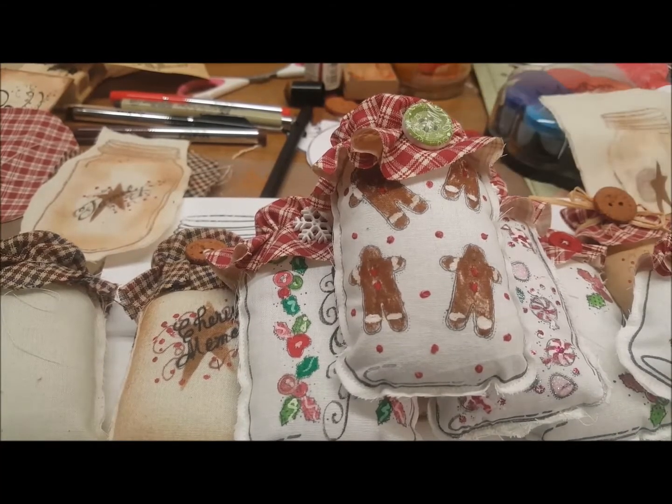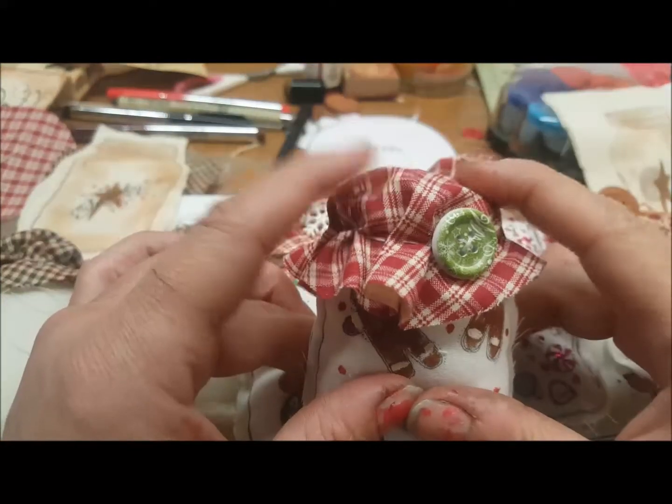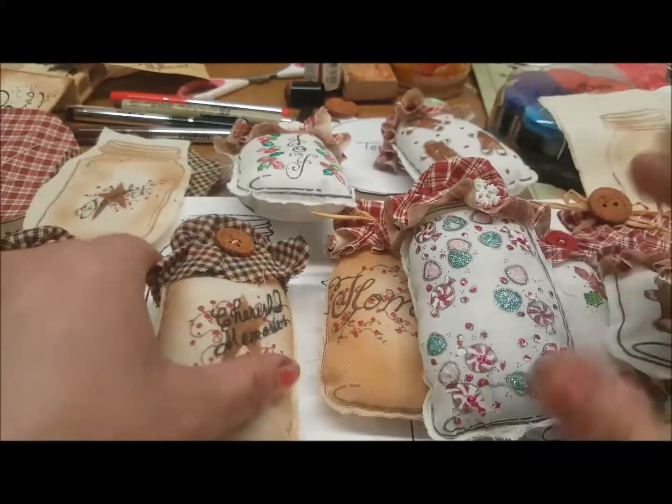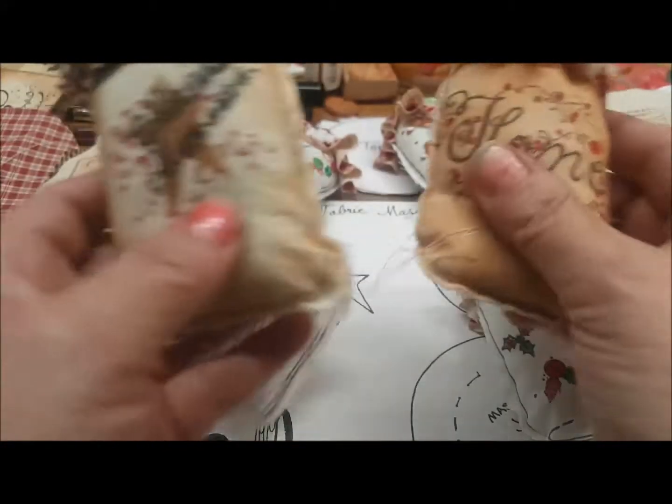My name is Angie, and recently I uploaded my very first YouTube video, a collection of all the crafts I have done through the years, and I had a request from Lakita to do a tutorial on these little pillows. They are little mason jars, and I put a cover on them, made from fabric. The ones that I had in the video were a primitive looking jar,